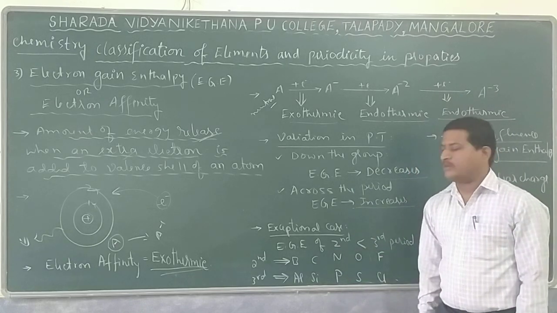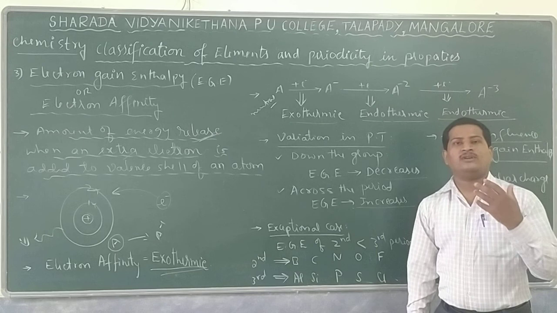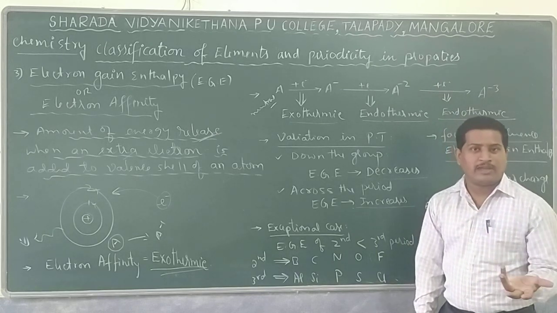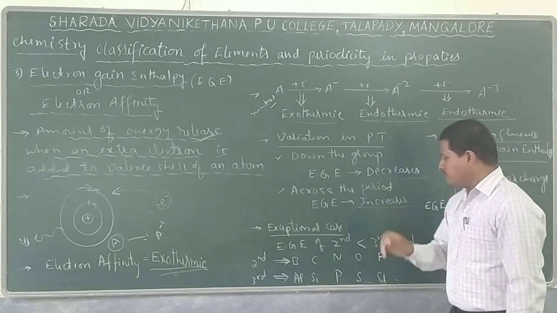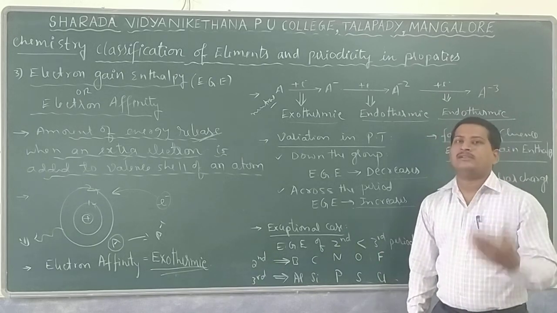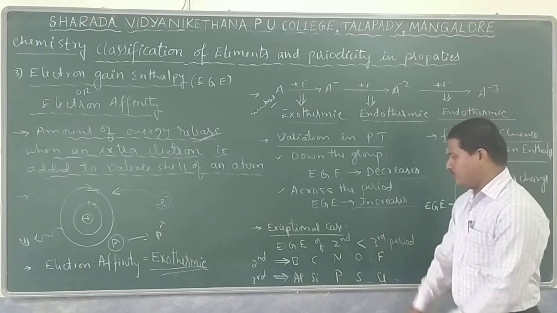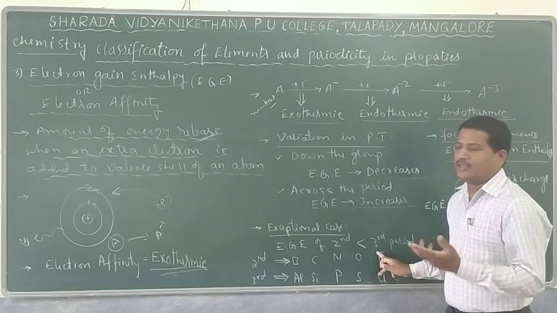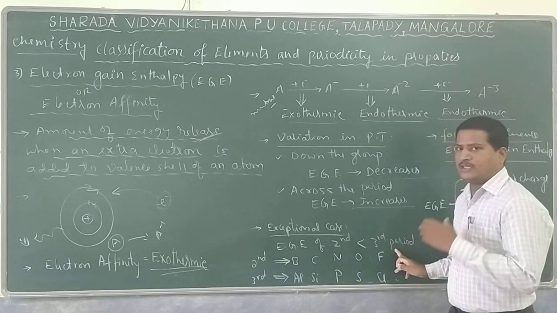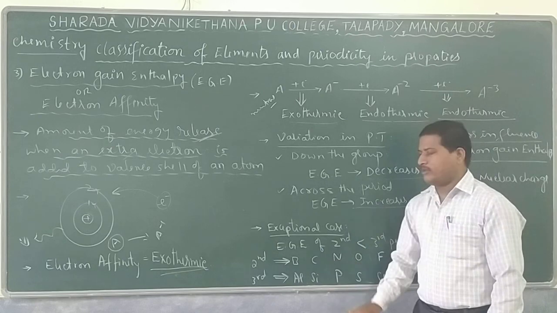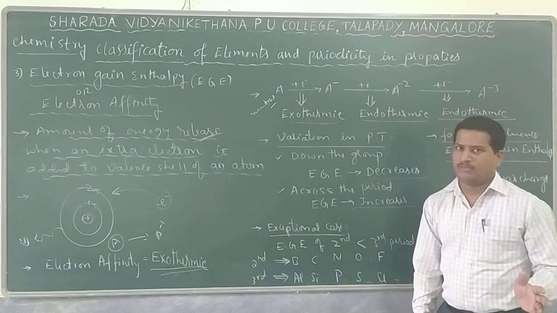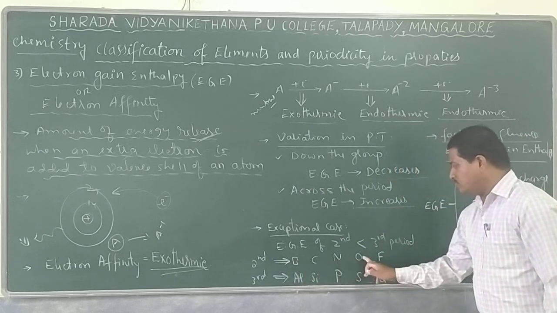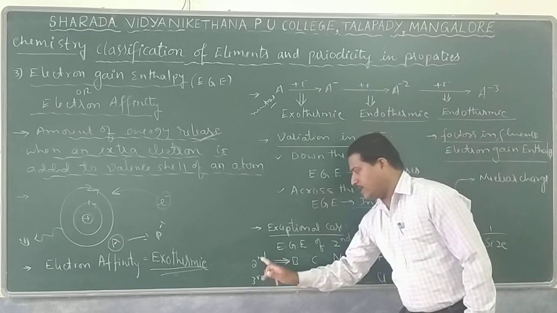The reason is very simple. In second period elements, there is no availability of any extra orbital; valence shell orbitals are not available as empty. But in the case of the third period, some extra empty d orbitals are available, where the incoming electron occupies. So the simple reason is the availability of empty, vacant orbitals. In third period elements, vacant orbitals are available, whereas in second period elements, vacant orbitals are not available in the valence shell.